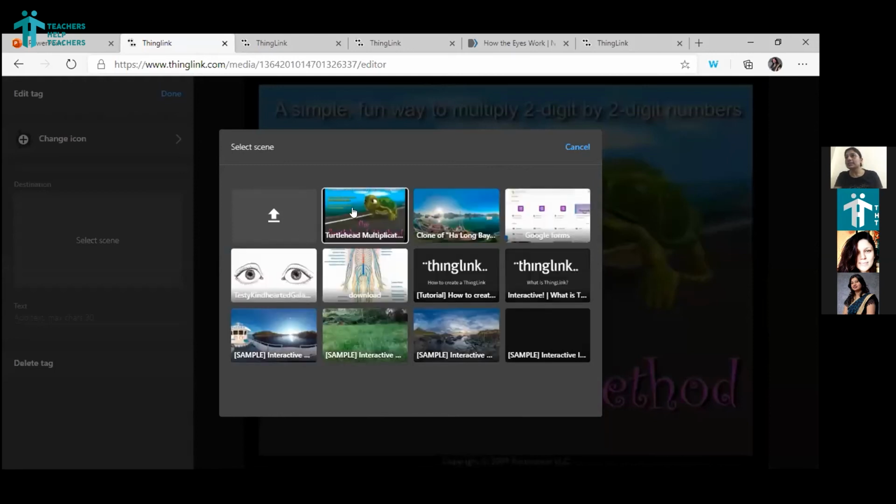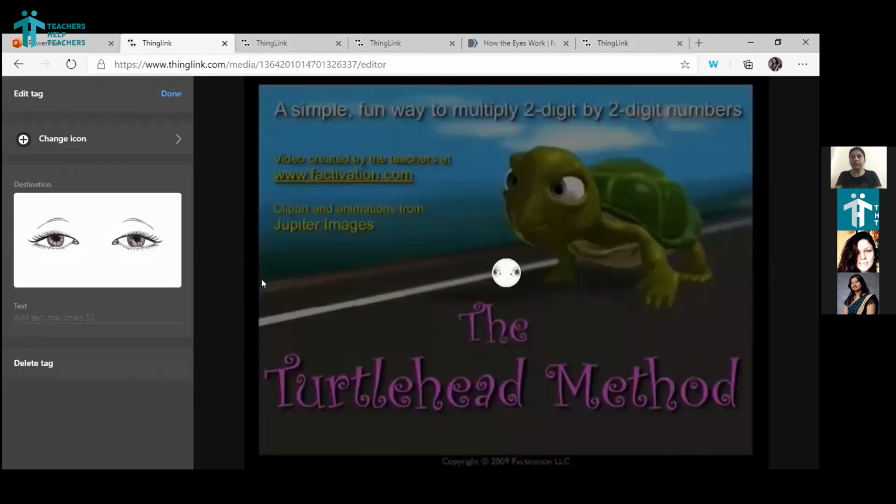There are some scenes from your own account that you can take here. That scene should already be in your account when you want to add it. Tour means that it will add a tag that the child is going to click on, and it opens right there in the window. Say I want to add this one here, and I want to write something here: this is your sample resource to refer.